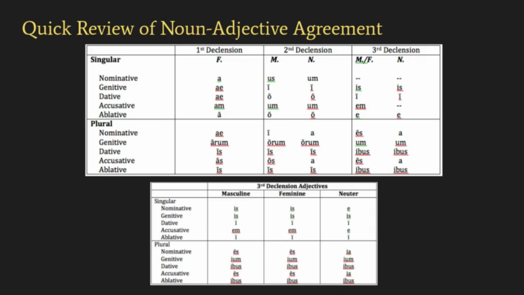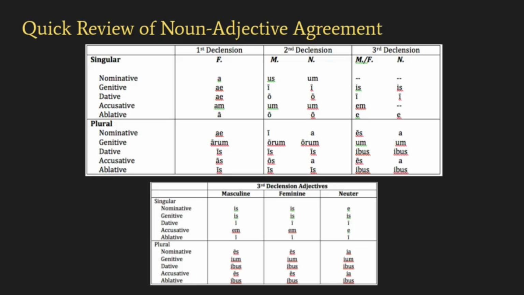But for instance, if you go down the column in third declension for masculine and feminine, you'll have blank, is, em, e, s, ibus, s, ibus. If you look at your adjectives, you have is, em, e. So there's your first difference. The ablative singular for a third declension noun is the letter E. For adjectives, it's the long I. So there's a difference there.